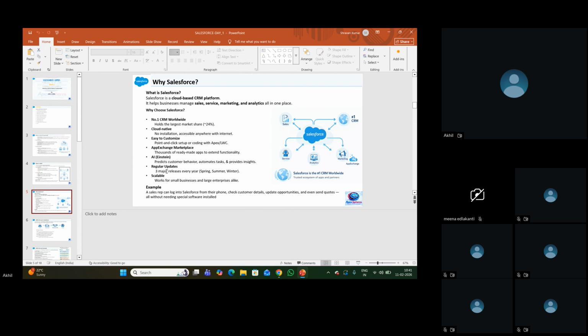The major thing is, for every 3 to 4 months, Salesforce will have a release, because in order to sustain in the current market, we should improve day by day, every day. In the same way, in order to stay on top of the cloud CRMs and compete with other cloud CRMs, Salesforce works every day on the releases.